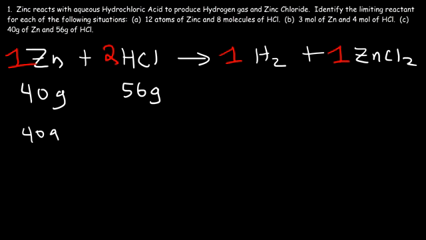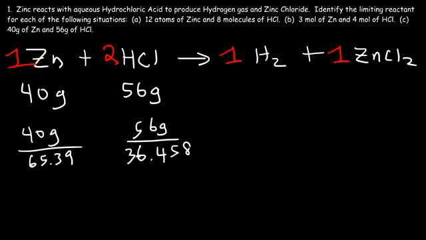So the molar mass of zinc is 65.39. And the molar mass of HCl is 1.008 plus 35.45. So that's about 36.458. So if we take 40 and divide it by 65.39, then that's going to give us 0.6117 moles of zinc, and 56 divided by 36.458, that's